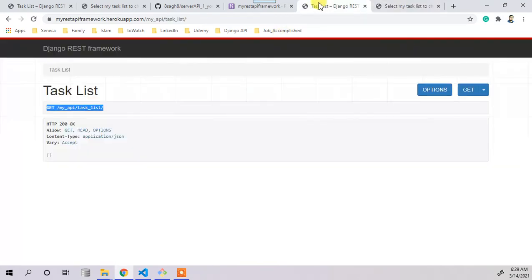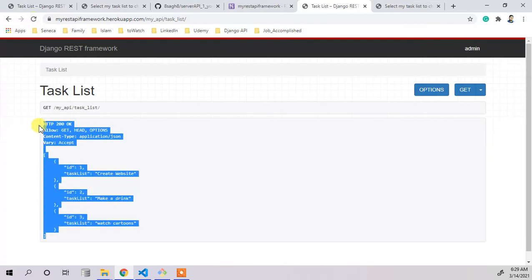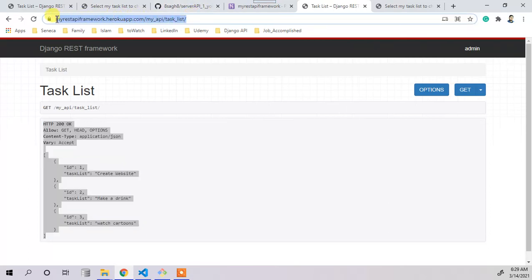So three are in here, and three are in here. So now we pushed our project on Heroku, and we created the API with the use of Django REST framework, and now this is your URL. Now you can give this URL to anyone, or you can check from any other machine, and you will get your data.